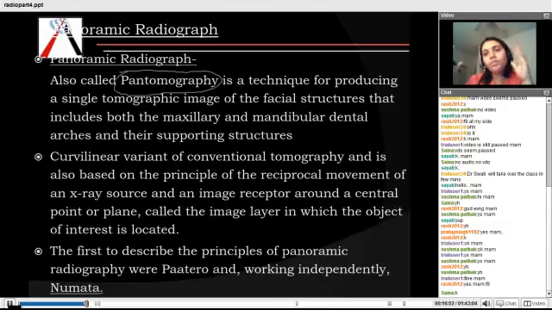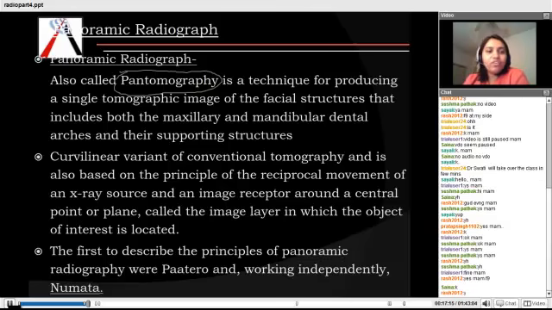If we want our whole jaw recorded in one radiograph, when we record from this side, the other side's picture appears on the back side of this image. When we record from this side, the right side picture appears on the back side. Ultimately we are not able to get an open kind of image if we take a simple radiography. But in pantomography, what we do is